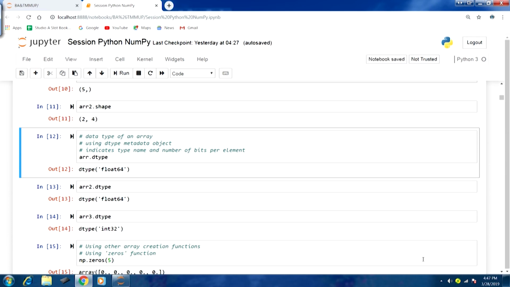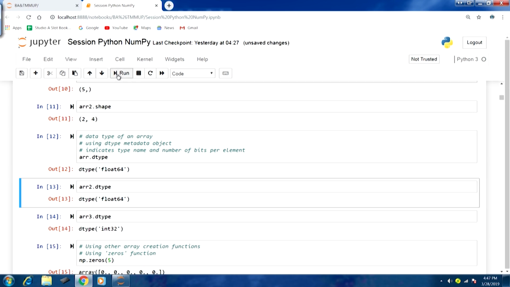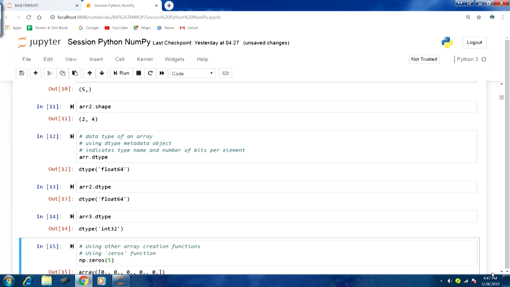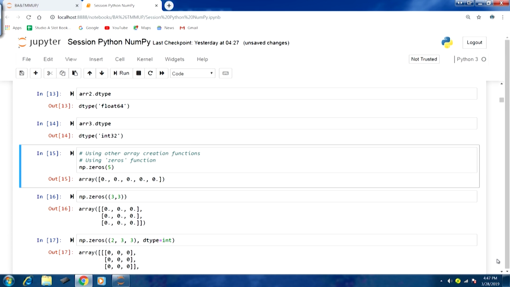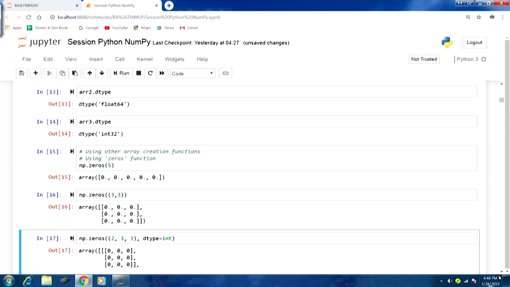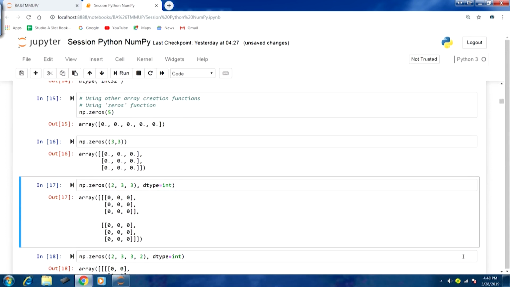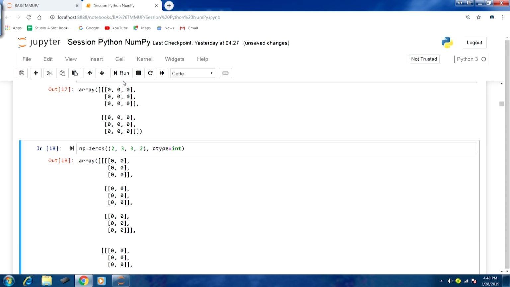Now, we also talked about data type and how we can find out the data type for a particular array. So, in this fashion we can find out for array 2, array 3, right. Then we can use other array creation functions. This part also we have discussed, zeros, and how we can create arrays here. Now, a 3-dimensional array using zeros, you can see here.